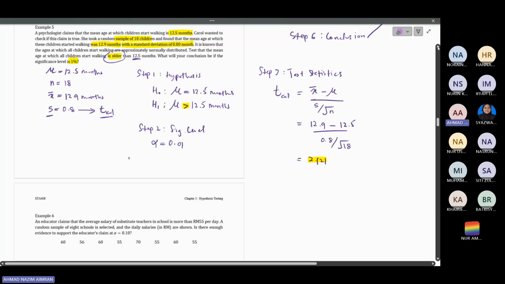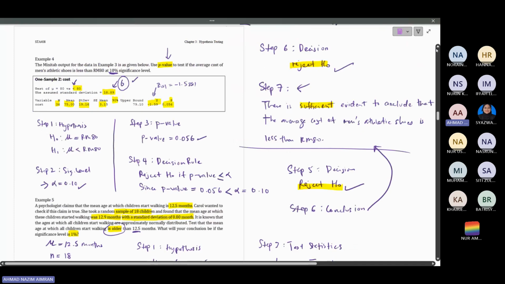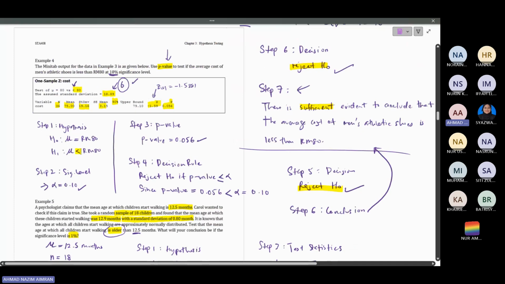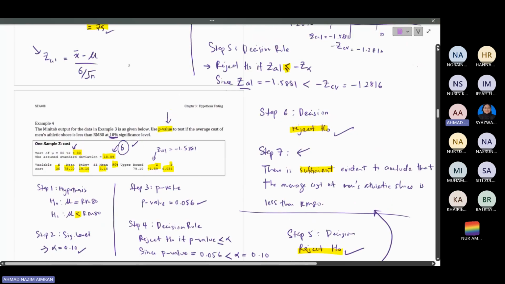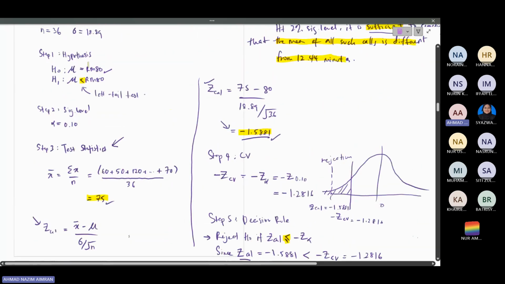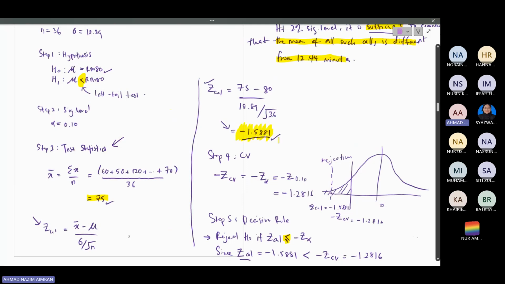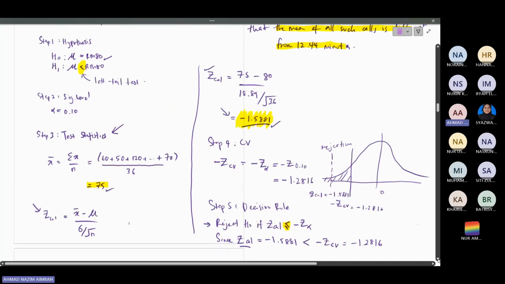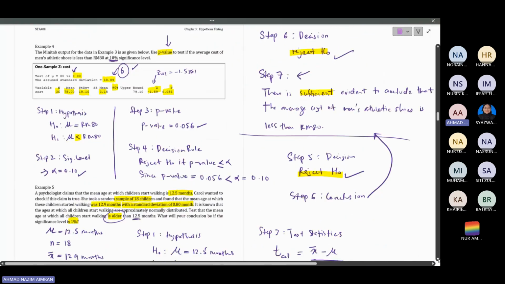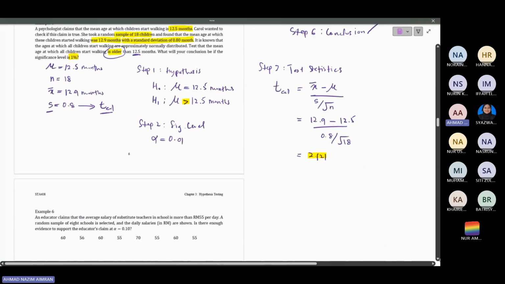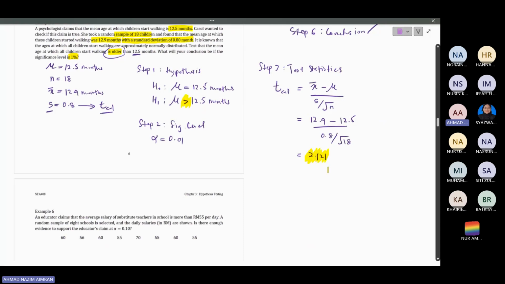If you are testing left tail, as in the previous example, you should get a negative value. Right tail, you should get a positive value. All right,